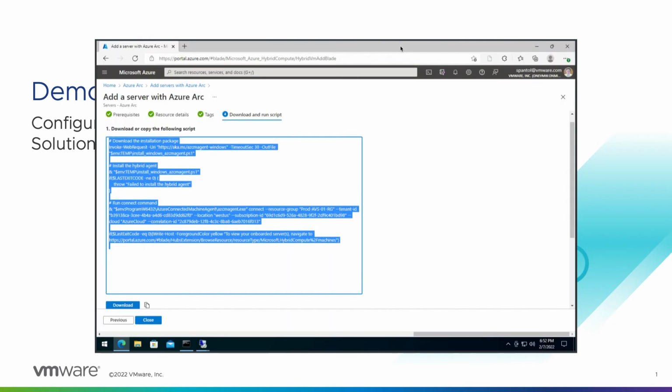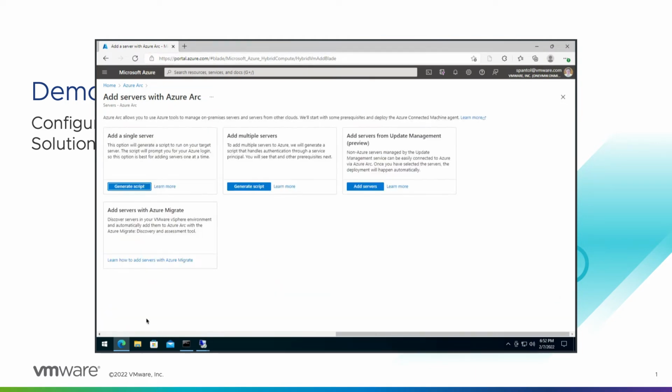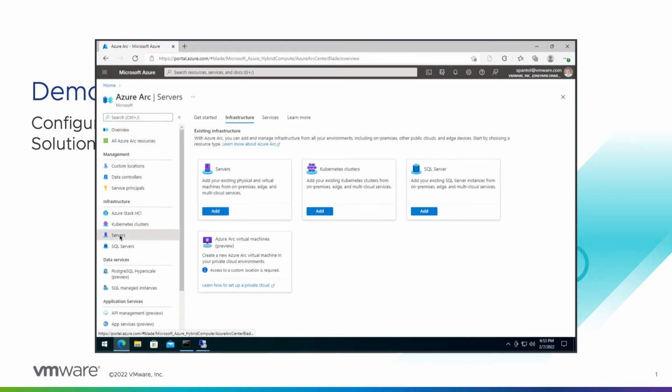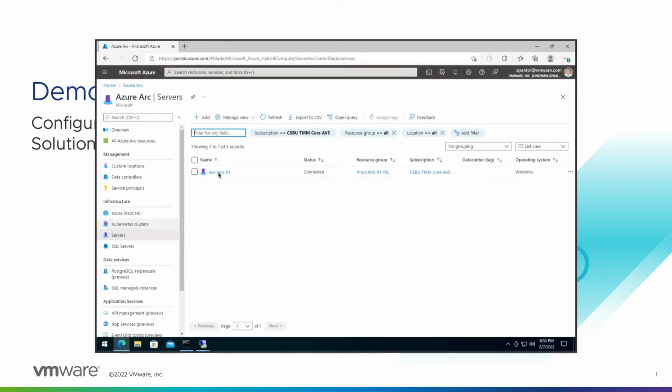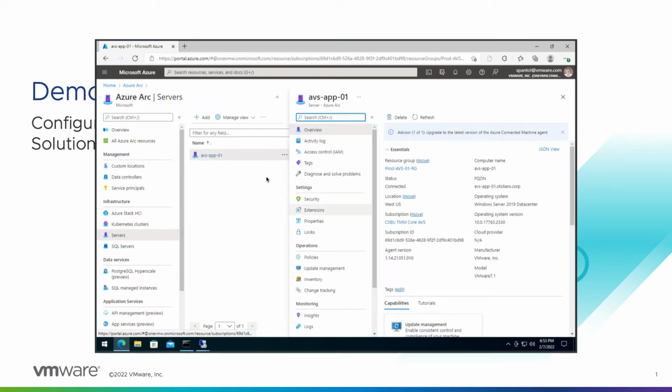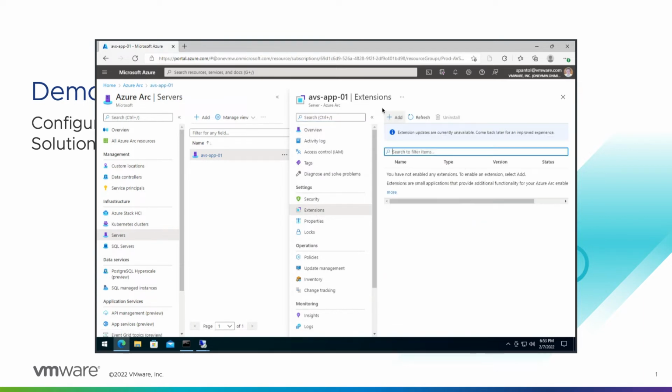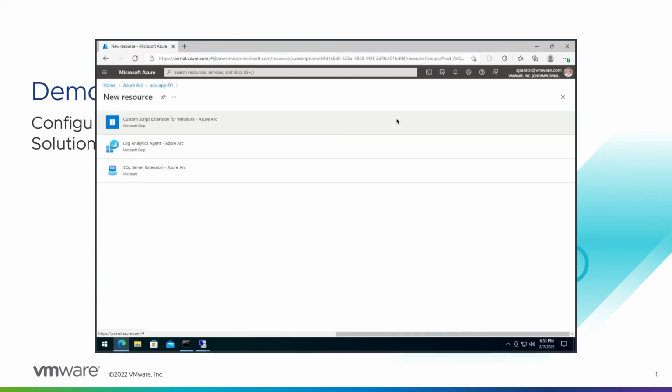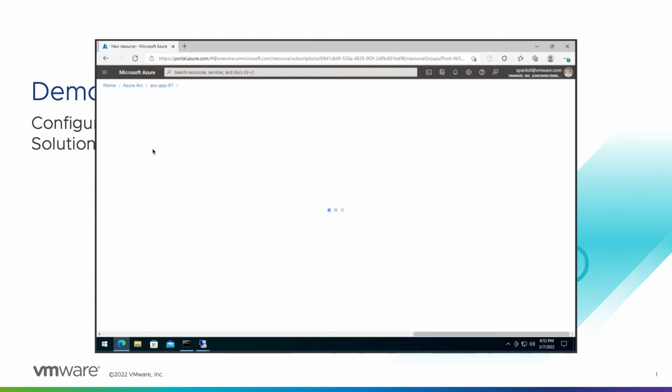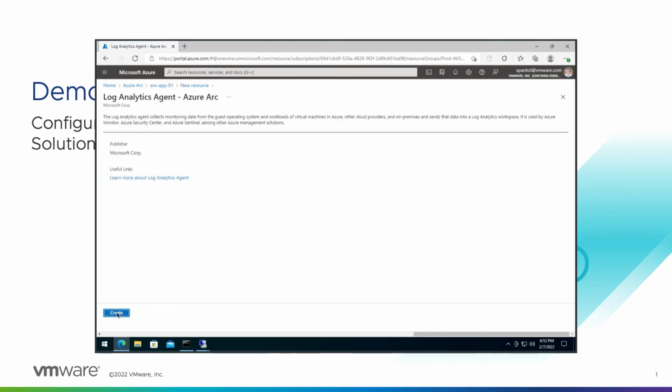Okay, minimize this. Close out here. Go back to Arc. And now under servers, I should see, yep, there's my AVS App01 server that was just onboarded. I'm going to click through that and then go to Settings Extensions to add that Log Analytics extension so I can start sending data there. The Log Analytics agent, create,